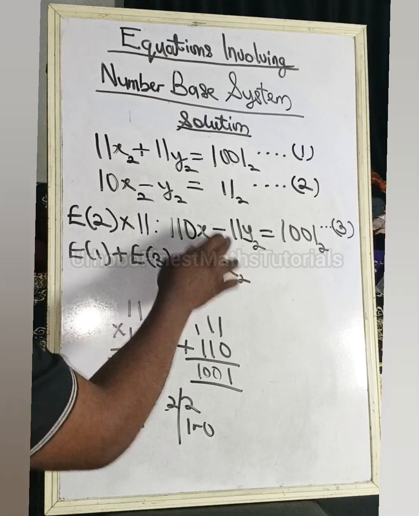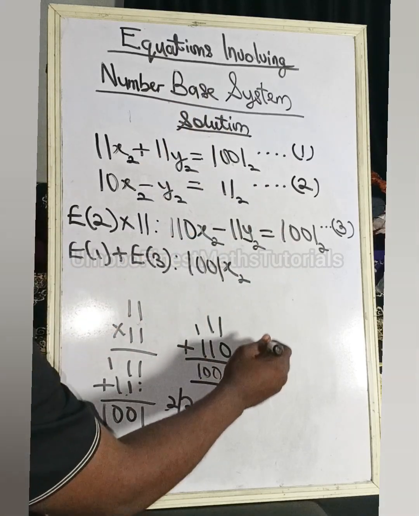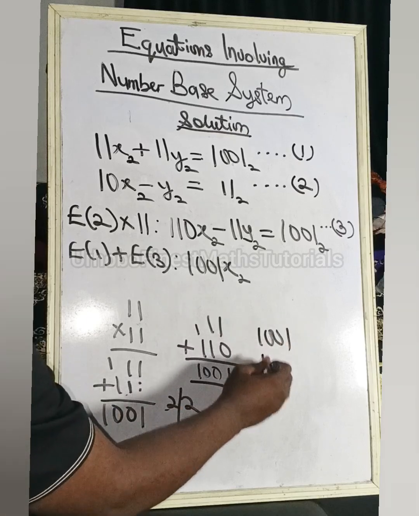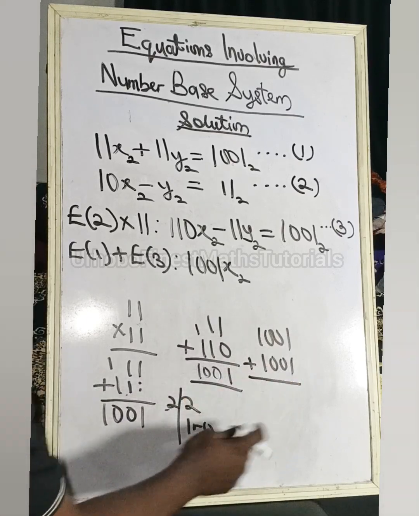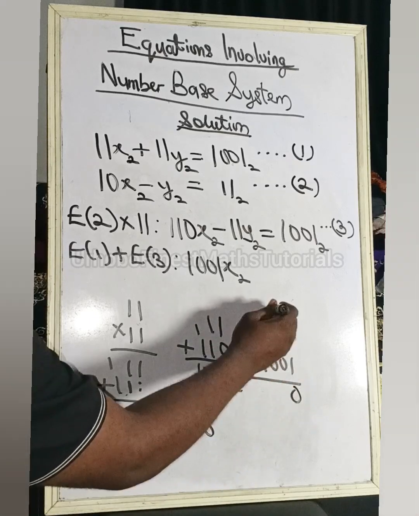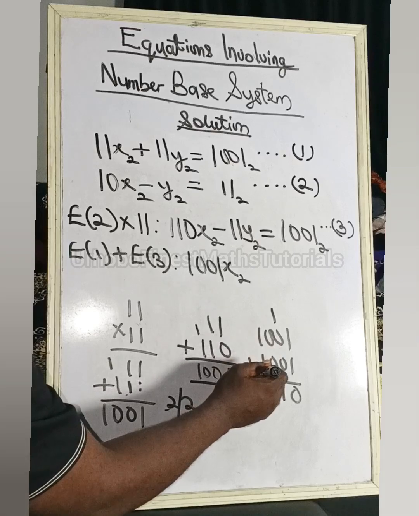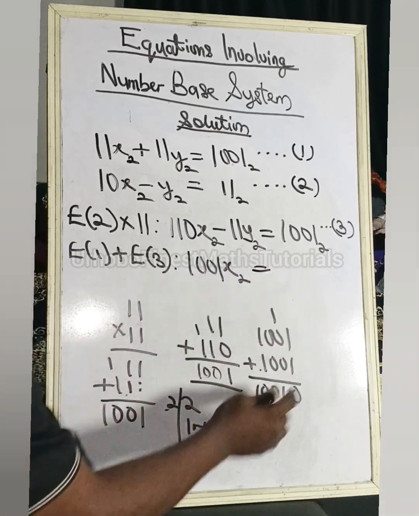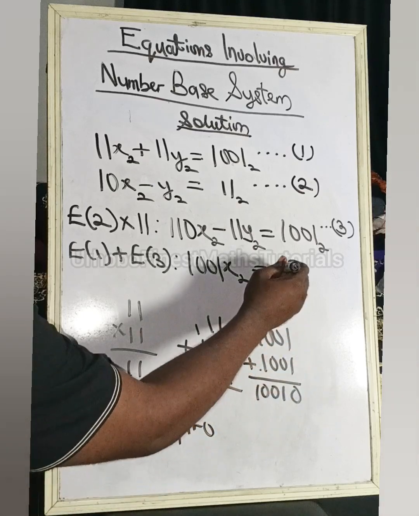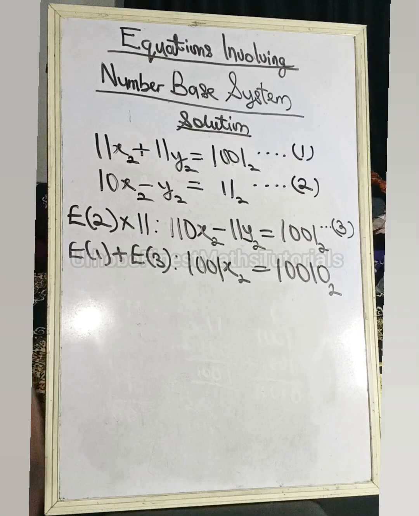11y plus minus 11y, that one is gone. Then it's going to be 1001 plus 1001. Let's go. 1001, 1001. So we're adding up. 1 plus 1 is 2. When you simplify, you have 1 remainder 0. So put 0 here, carry 1. 1 plus everything here is 1. 0. 1 plus 1 is 2. When you simplify, you have 1 remainder 0. So you come here, you're going to write 10010 base 2. So at this point, we're going to divide both sides by